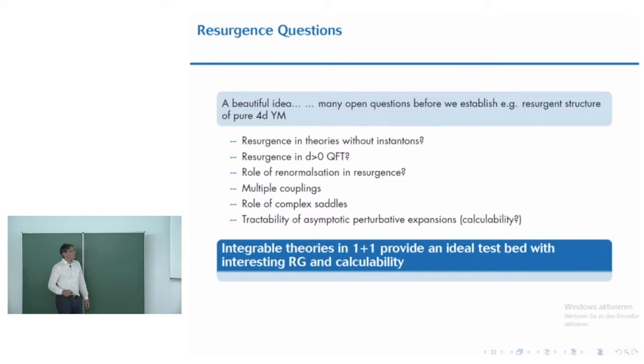And the philosophy here is that I can't do four-dimensional gauge theory, but maybe 1+1-dimensional integrable models are a good place to start because they're calculable and they can share some interesting RG profiles. They can be asymptotically free, they can be confining. In fact, the theory I'm going to talk about is gapped in the infrared and completed in the UV with a CFT, which I think is kind of cool and maybe says something about physics.